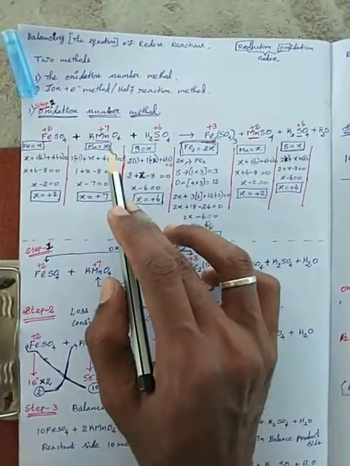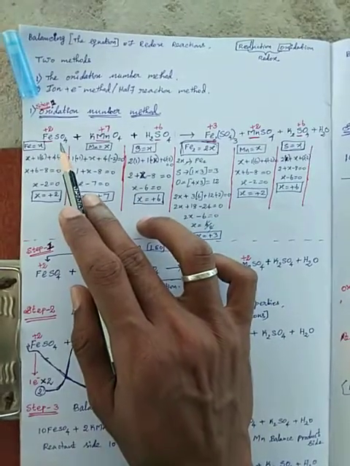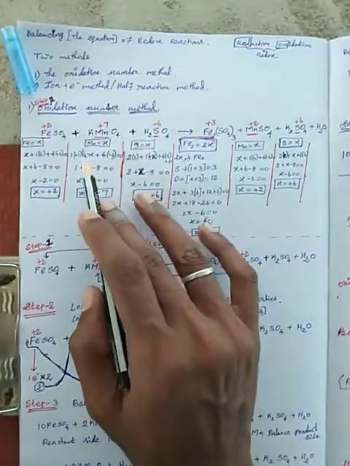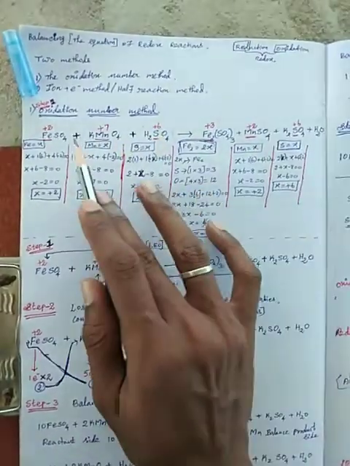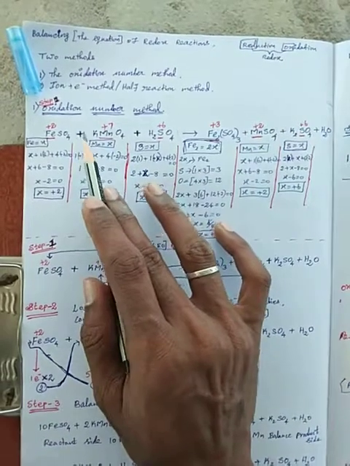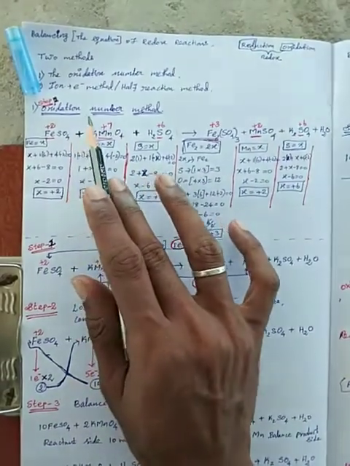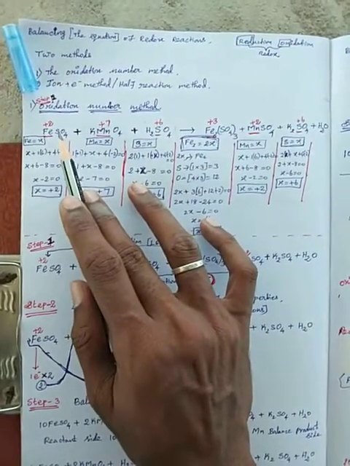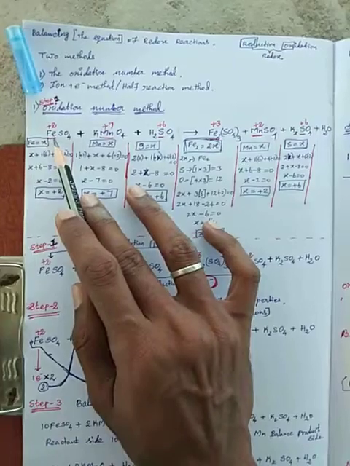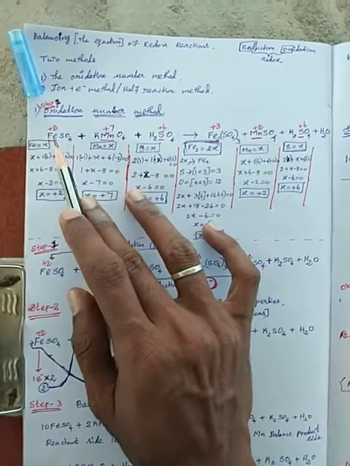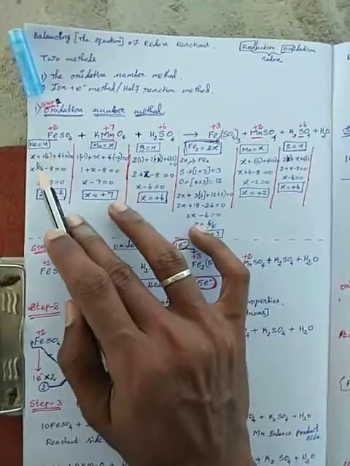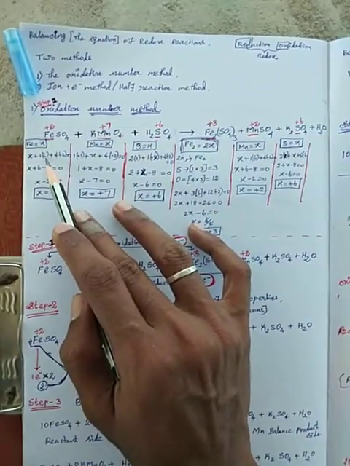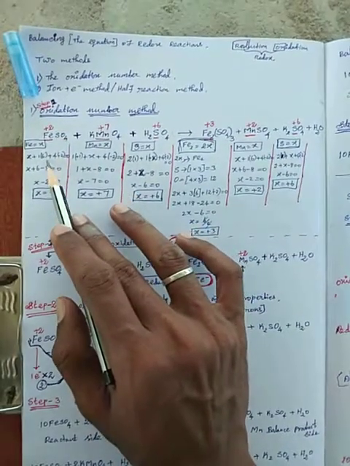First of all, we will calculate the oxidation numbers of every atom involved in the reaction to give the product, and how many electrons are involved will be calculated for the oxidation reduction method. First, you will measure the oxidation number. In ferrous sulfate, the Fe atom will be mentioned as X, and sulfur, 1 into oxidation number 6. So how is the sulfur oxidation number 6?